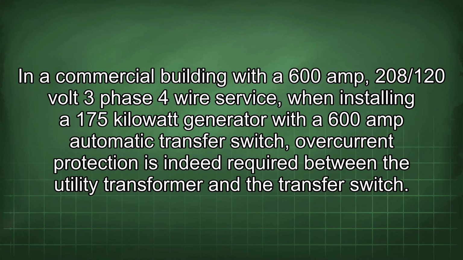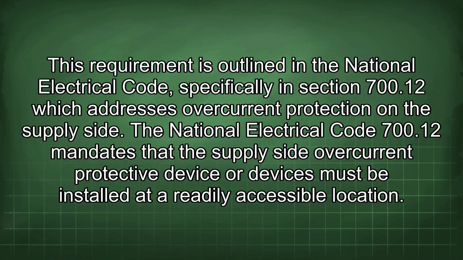In a commercial building with a 600 amp 208/120 volt 3-phase 4-wire service, when installing a 175 kilowatt generator with a 600 amp automatic transfer switch, overcurrent protection is indeed required between the utility transformer and the transfer switch. This requirement is outlined in the National Electrical Code, specifically in section 700.12, which addresses overcurrent protection on the supply